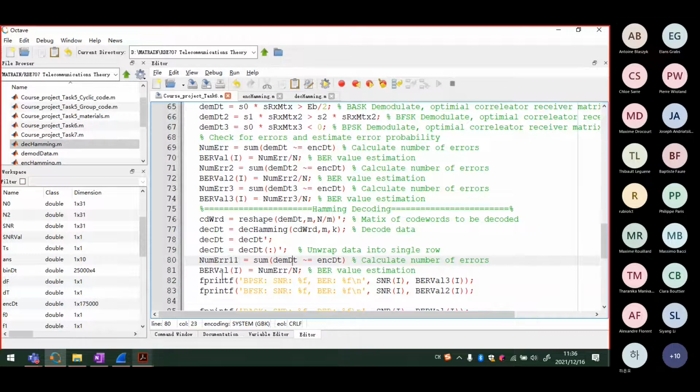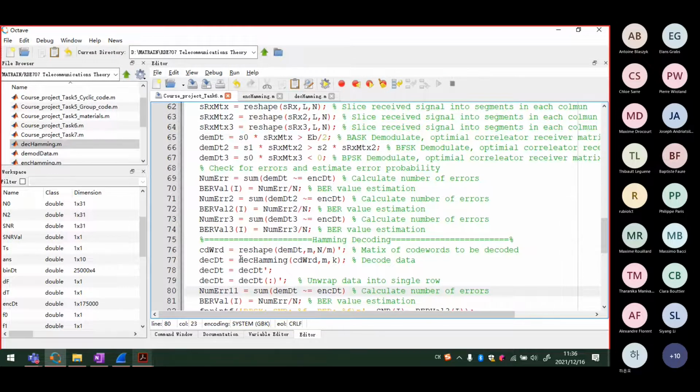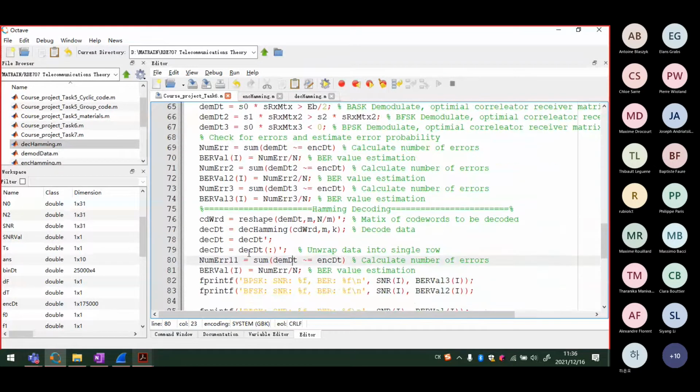Here we use the decoded data with the encoded data, and in this case we use the decoded data with the